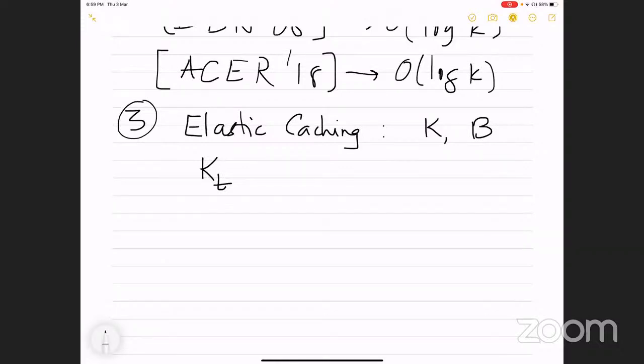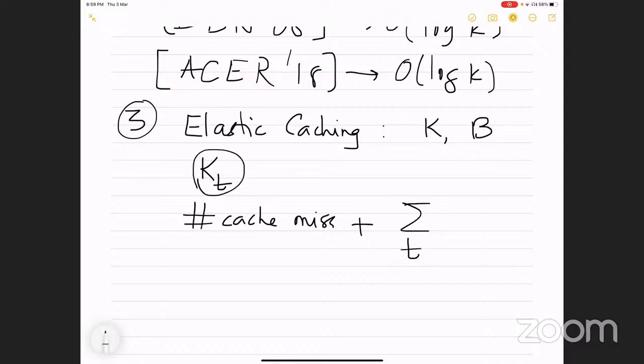So there are two things. One is, of course, you have to count the number of cache misses, and that's what you want to minimize. But for every time t, you're allowed to change your cache size. If you are maintaining a cache size k_t at time t, then you also pay a cost C of k_t. Think of this as some sort of maintenance cost. As you increase the size of your cache, this cost goes up. So you can have a larger cache, but at the expense of paying more maintenance cost.